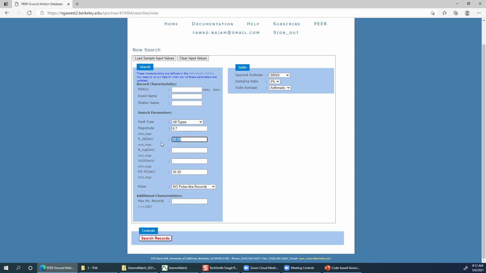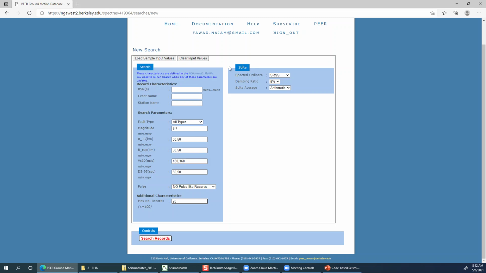So let's say I say 30 to 50 for R rupture, VS30 is 180 to 360 meters per second, and maximum number of records is 20. Now I can search records. I can click on this button and it will give me 20 records which pass this search criteria.